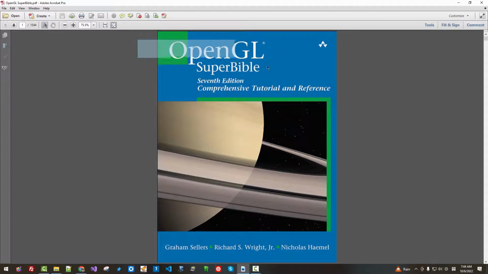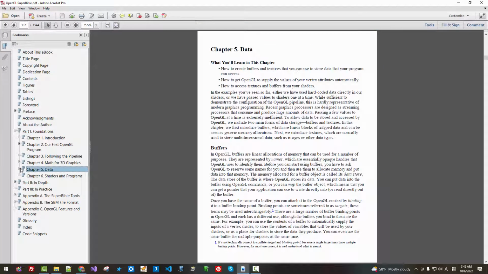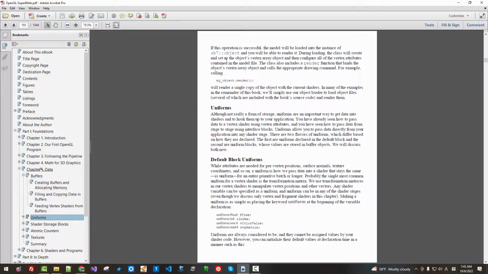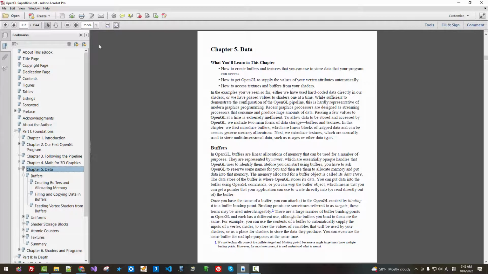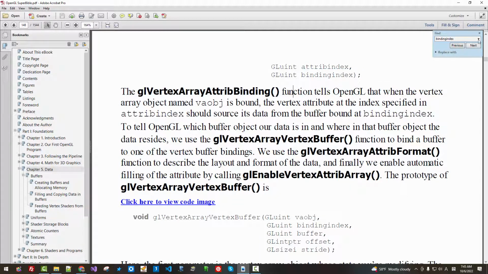I'm currently reading OpenGL Superbible, 7th edition. From this book, Part 1, Chapter 5, Data. I'm reading about buffers, from page 137, right before uniforms, about 20 pages. From Chapter 5, Data, if you look for binding index, you can find